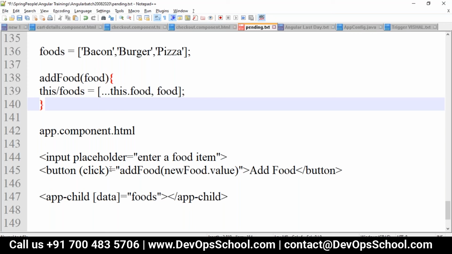So in the child component we can write the change detector, and we can have our own method where we have the change detector reference object, which has the method called detectChanges. So it will detect the changes. With the change detector itself, we can work with a behavior subject, so that we can mark what changes have happened.